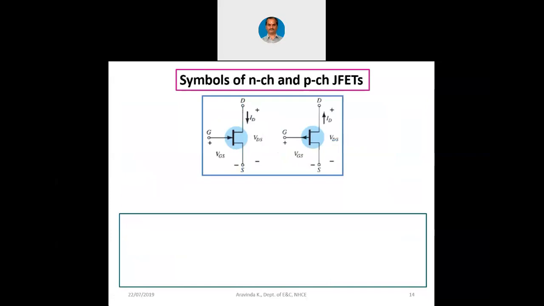Look at the symbol of this n-channel and p-channel JFETs. At the left side you are seeing the n-channel JFET, and at the right side you are seeing the p-channel JFET. What does this mean now? Just look at the symbol. Now drain is positive, source is negative. We apply a battery supply across drain and source. Now you can see the drain and source are identical. Just relate this symbol along with the symbol of BJT and you will come to know that in BJT,